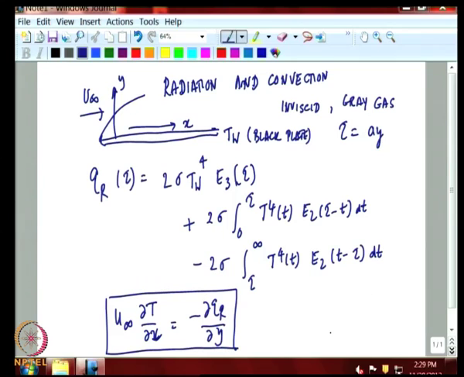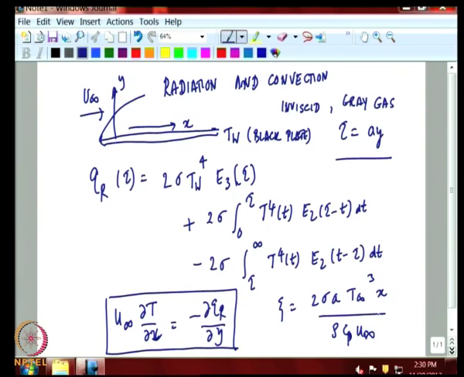But in order to work in a non-dimensional plane, we transform both the x and y coordinates to non-dimensional form. The y coordinate is already non-dimensionalized by the absorption coefficient. The x coordinate is non-dimensionalized as follows: 2 sigma A T infinity cubed x by rho C p u infinity,